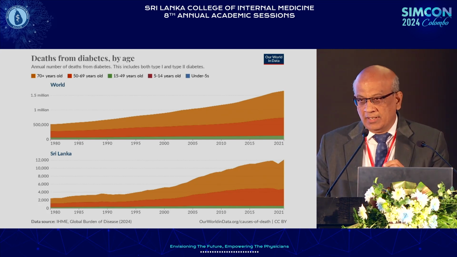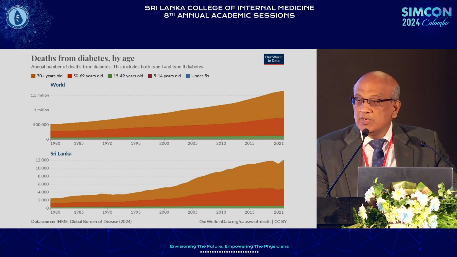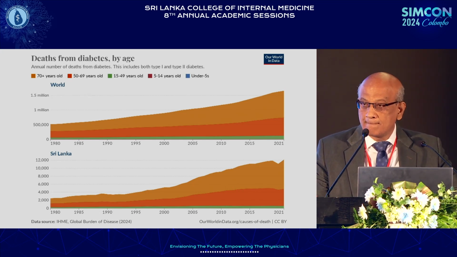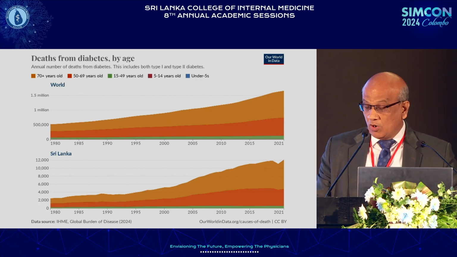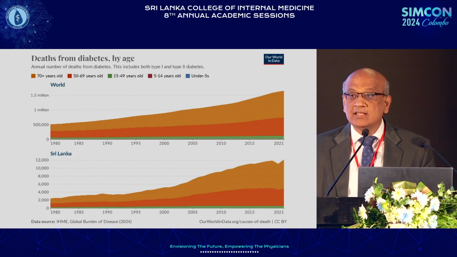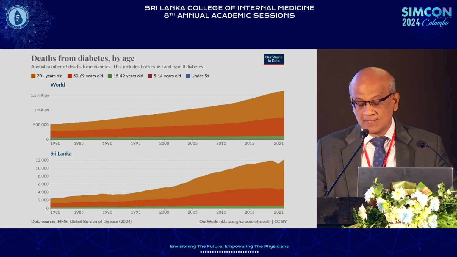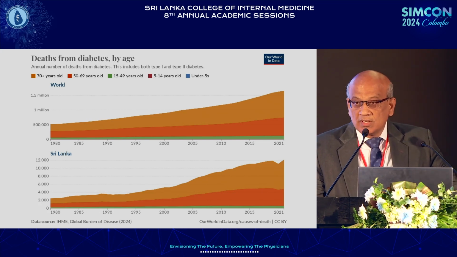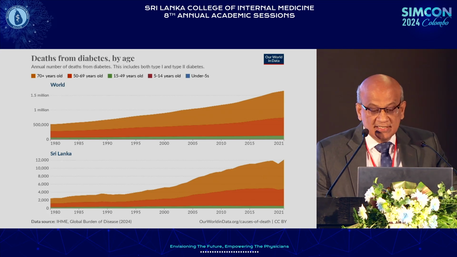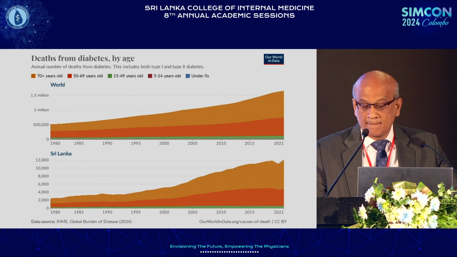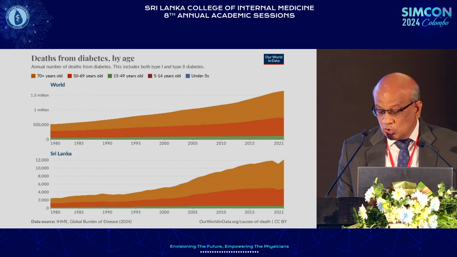I think there's a recent article from the UK showing that deaths due to diabetes from vascular causes are on the decline. I'm sure that this is so in North America as well. But when we take all the global figures, we are not winning this battle; deaths due to diabetes from vascular disease are on the rise. And what is more startling is that the age group between 50 and 69 is also on the rise, and those more than 70 are worst affected. So with this background,